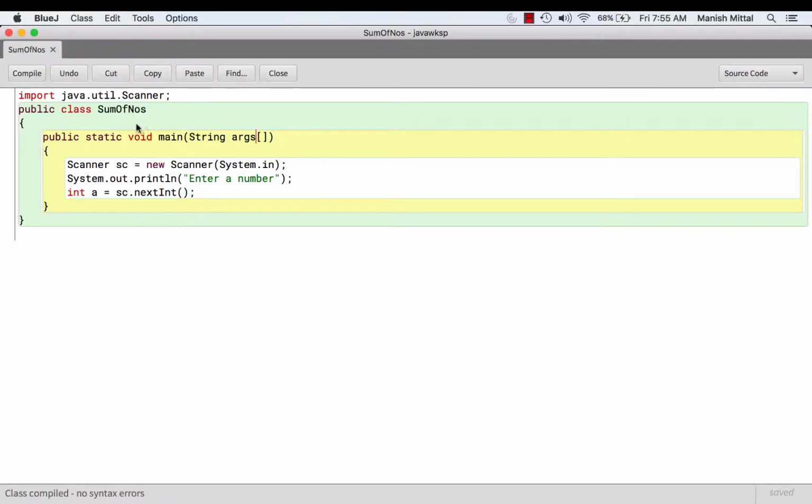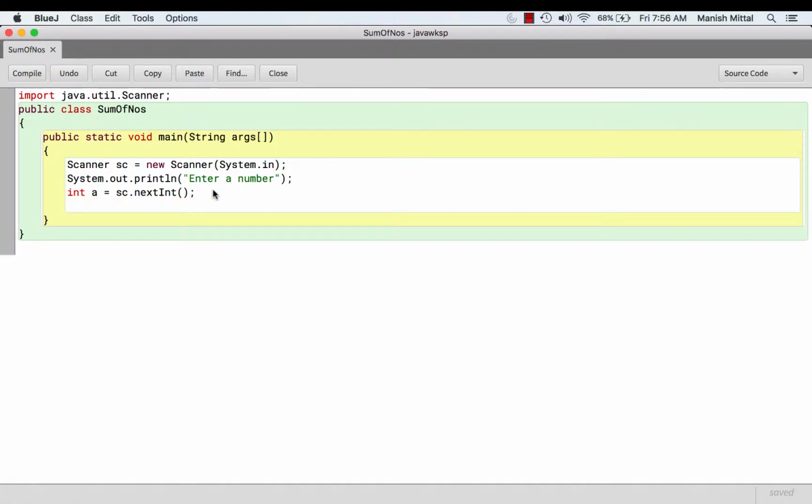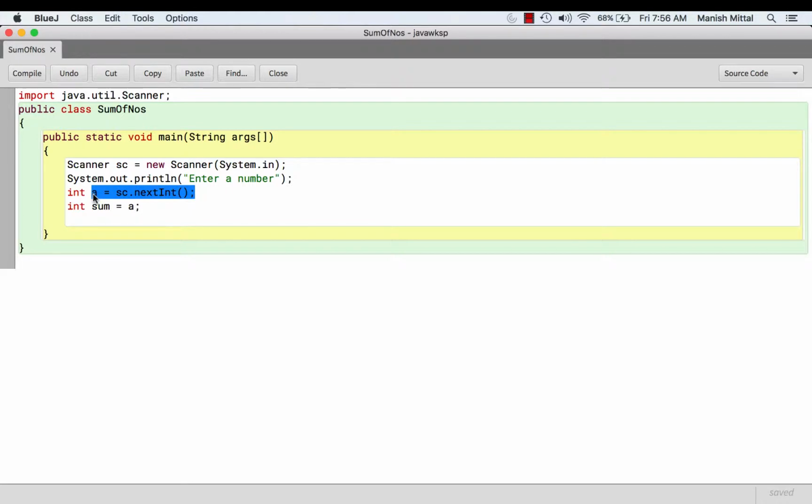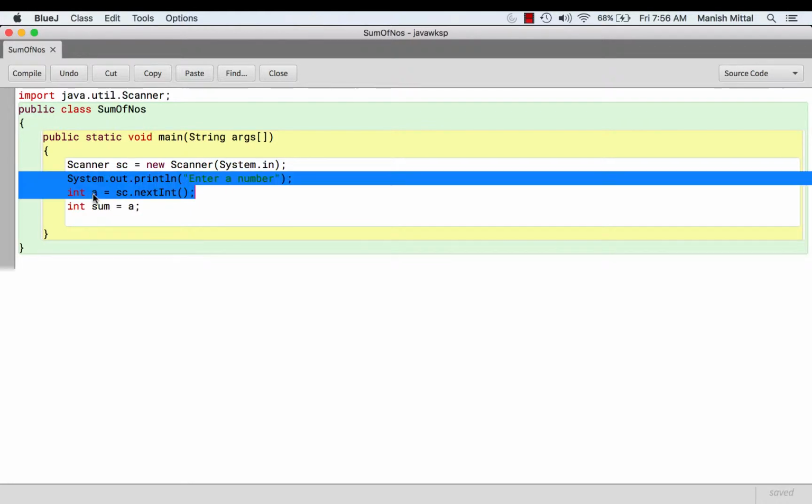I already have a class SumOfNumbers with the main method, Scanner to take the input from the user, and I say enter a number, int a equals sc.nextInt(). We'll create a variable sum wherein we store the value of a. Now once this value of a is stored in the variable sum, I'm good to go to take the next input from the user. So I can say